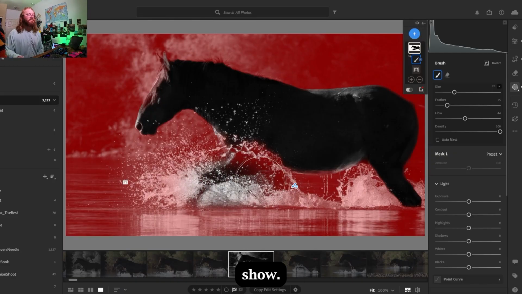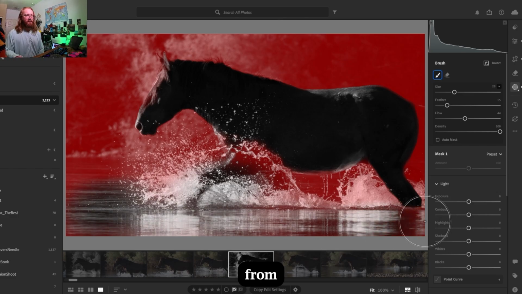Sometimes it doesn't show, and I think that's because I didn't switch this right away. But yeah, I'm going to subtract the water from this mask because, in fact, the horse, the water,